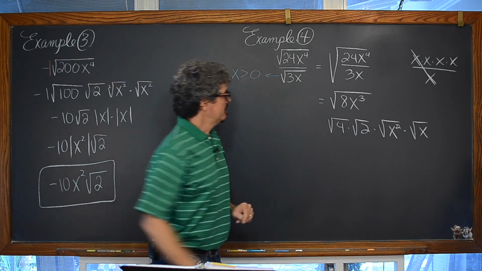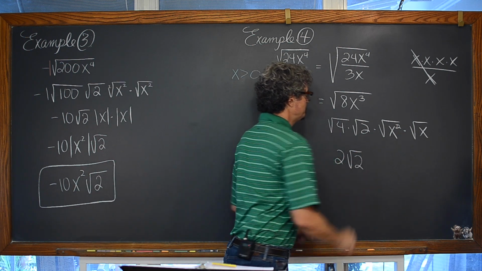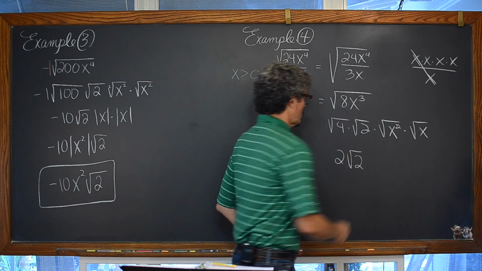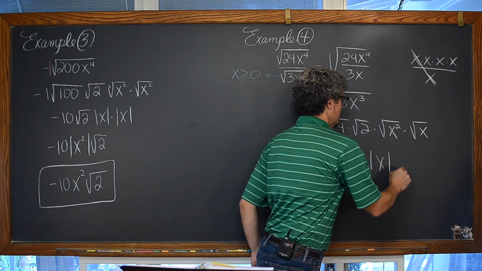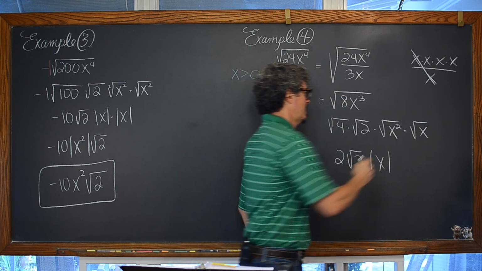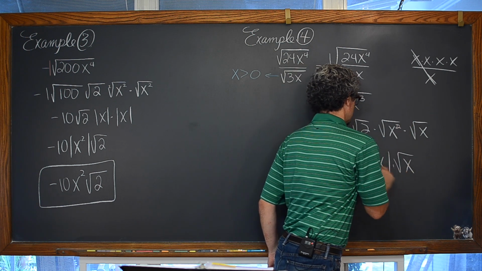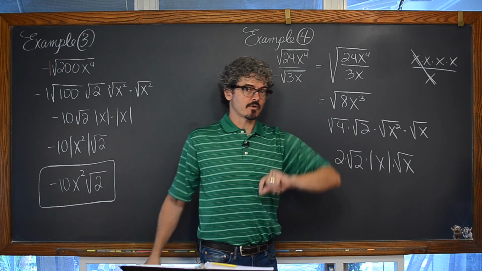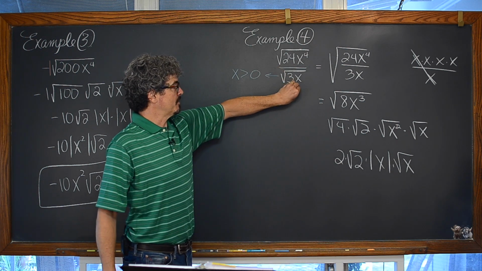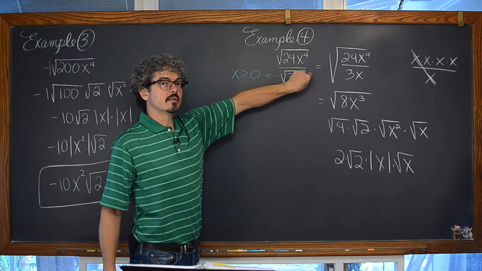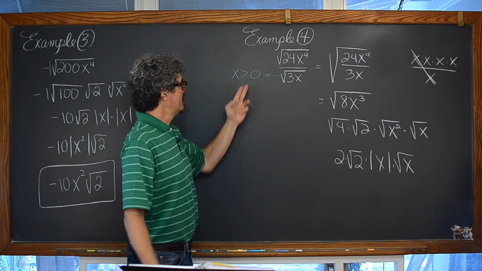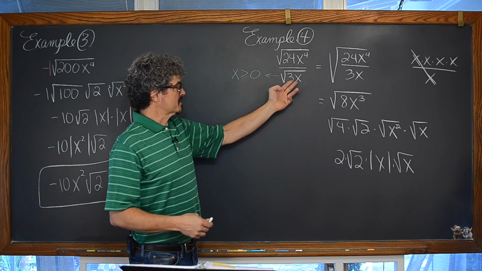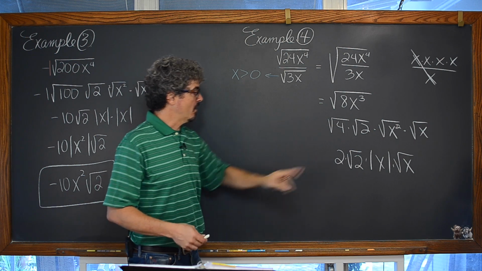The square root of 4 is equal to 2, so we have 2 times the square root of 2. We have the square root of x squared, the square root and the square acting as absolute value symbols, which I'm going to temporarily put in here. So this has given us the absolute value of x, and then we have times the square root of x. But we don't need to leave the absolute values wrapped around this variable of x, because in the original problem, with that x to the odd power inside the even root, that square root, that implies that x needs to be greater than or equal to 0, or in this case, because it's in the denominator, greater than 0. So this is not needed.